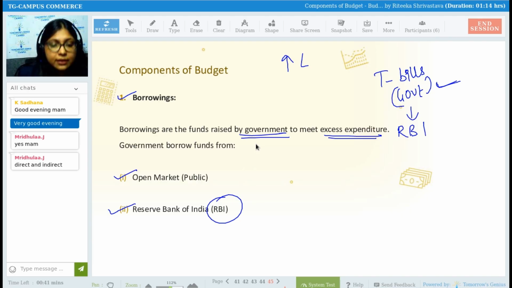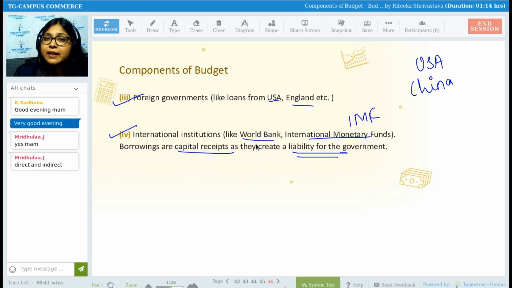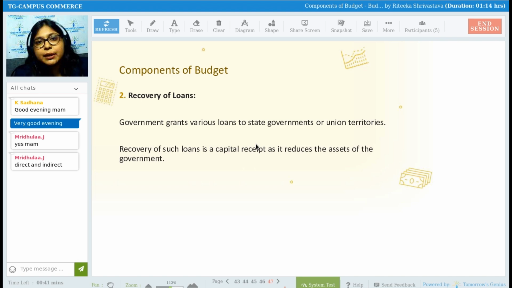Okay, open market operations. Here they have not given in detail, but you should know because we have studied. Open market operations are nothing but T-bills or treasury bills which are issued by RBI on behalf of the government. Actually, those securities belong to the government. Reserve Bank of India. If I say foreign government, then it could be the borrowings done from any foreign country like USA, England, China, Japan, Russia. International institutions like World Bank, IMF. So any borrowings done by the government will be coming under the heading of capital receipt because it creates liability